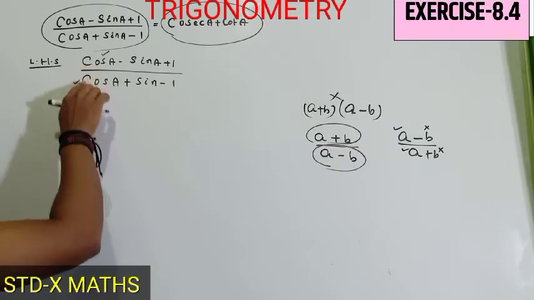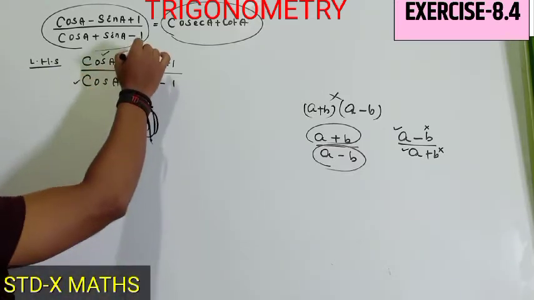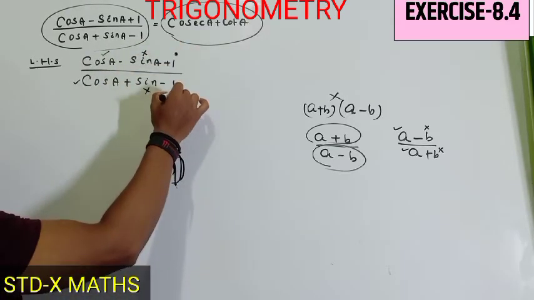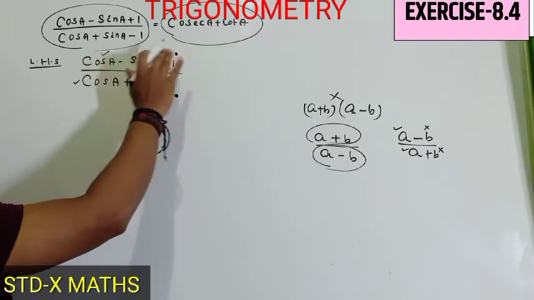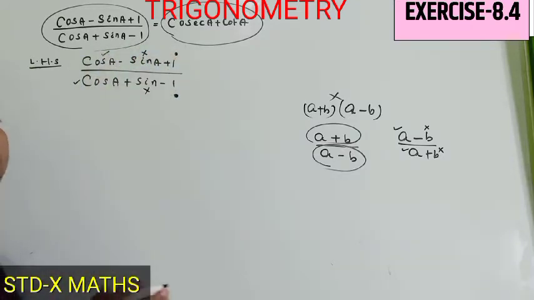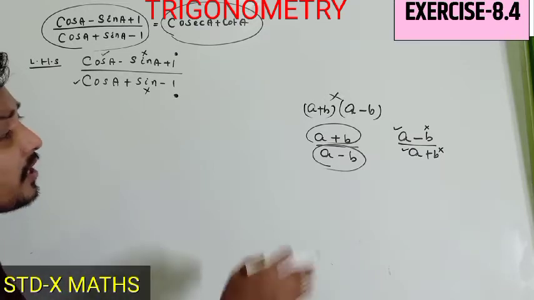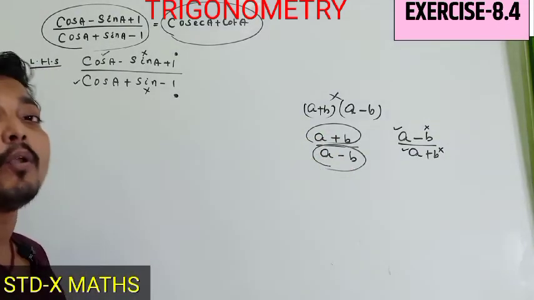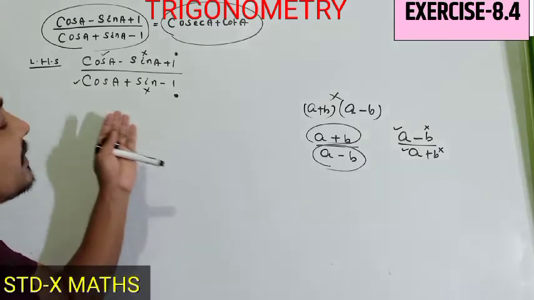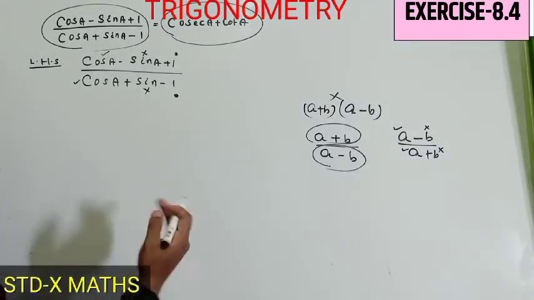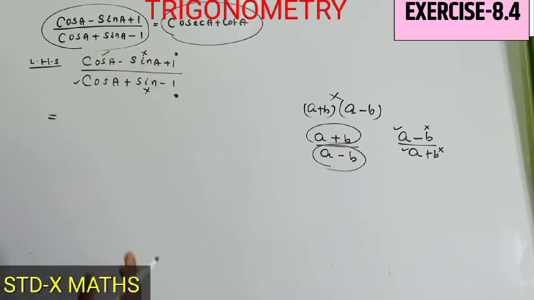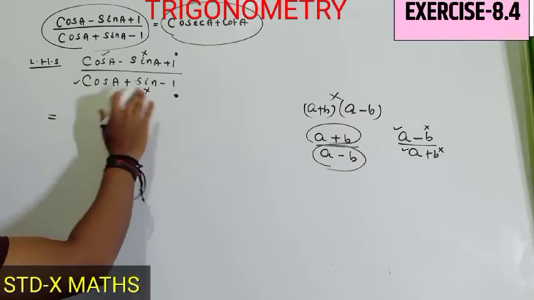So you just have to check whether the first term matches. Yes, cos and cos match, apart from the sign. Then sin and sin both match. Here it is 1, here it is 1. Apart from the sign, all 3 terms match the denominator's 3 terms. So next we have to think about the formula we previously knew, AB, where the numerator has 2 terms and the denominator also has 2 terms. In the next step we have to arrange it in the form of 2 terms in the numerator and also 2 terms in the denominator.